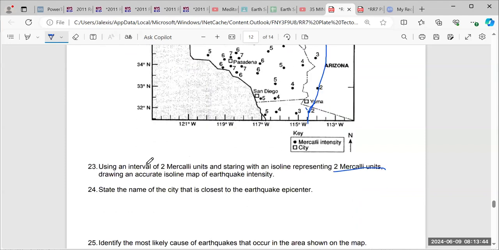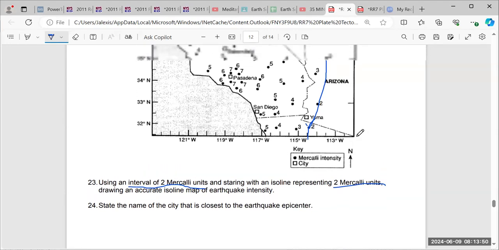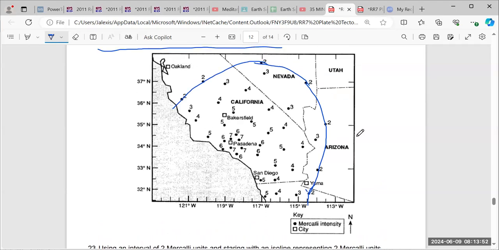Now, keep in mind what the question says, using an interval of 2 Mercalli units. So that means I have to continue drawing lines every 2 Mercalli units. The next isoline I'm going to draw is 4. I'm making sure my line touches all the 4s and extends to the edge of the map. I don't want to go in this direction because that's where 5 is. And then 6, and my 6 should cut off,